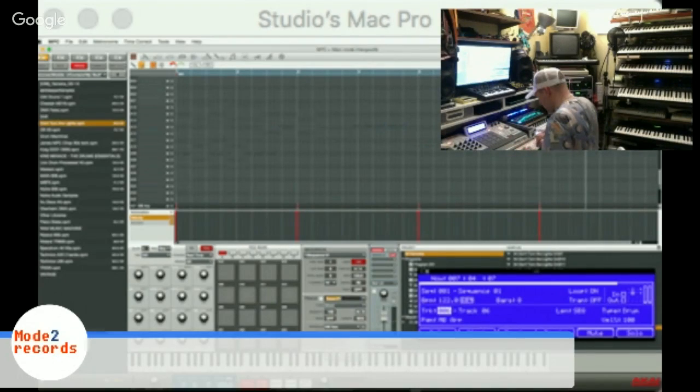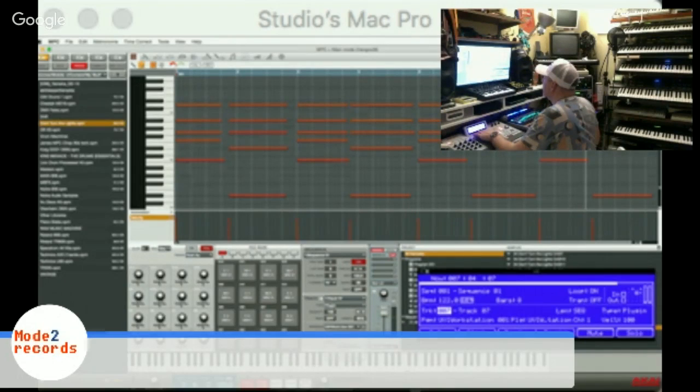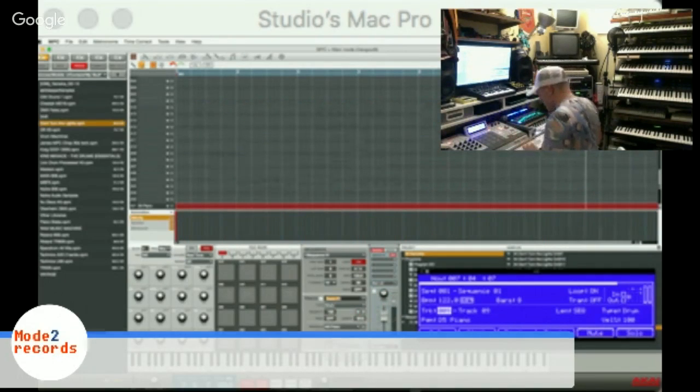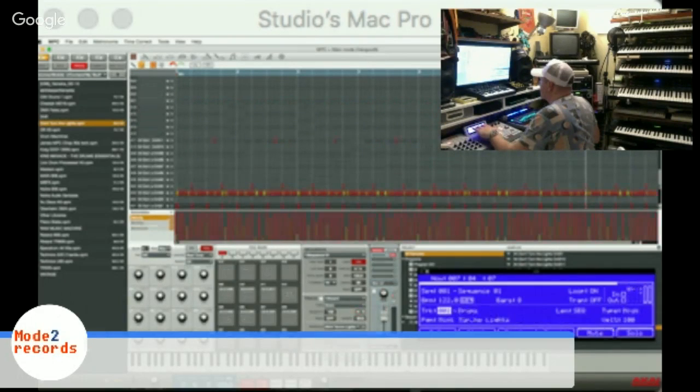So MB up. This is dark piano pad. So piano MIDI, and then this is V5 piano. Okay, so now I'm just going to go back down to drums track, just do a quick save,